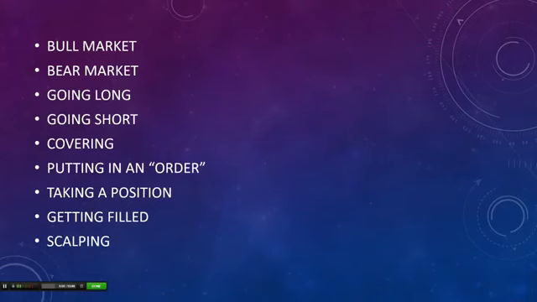Now, an order is basically what happens when you put in a buy or a sell, okay? Because especially in the markets that we're trading in, the pink sheets or the OTC BBs or the Nasdaq, Amex, New York Stock Exchange, when you're trading these micro cap or small cap companies, they usually don't have extreme volume, like ridiculous volume, but in general, what I mean is a lot of these markets are slightly inefficient in that they don't execute your buy or sell right away. So if I want to buy 100 shares, it's not like click a button and I get the 100 shares right away. That's a misconception.